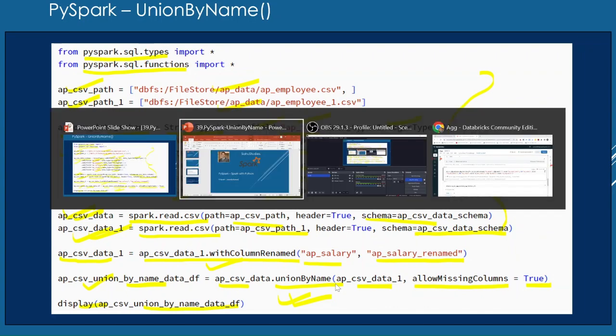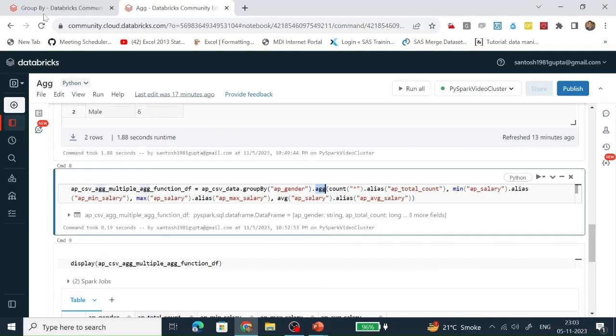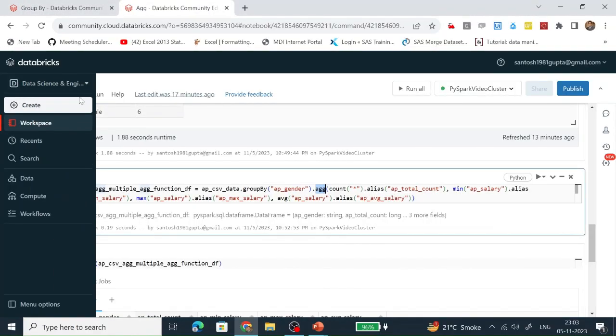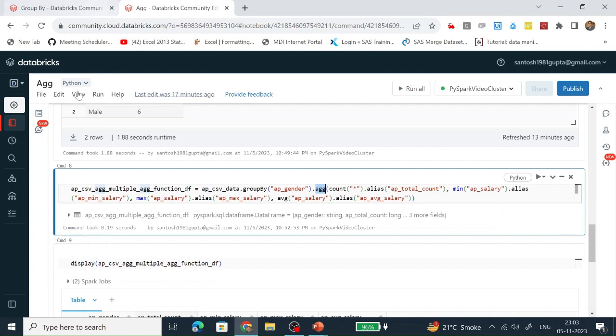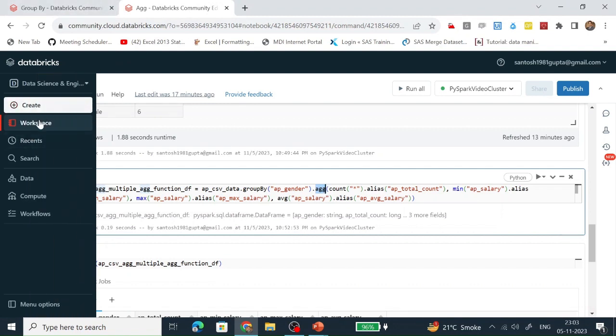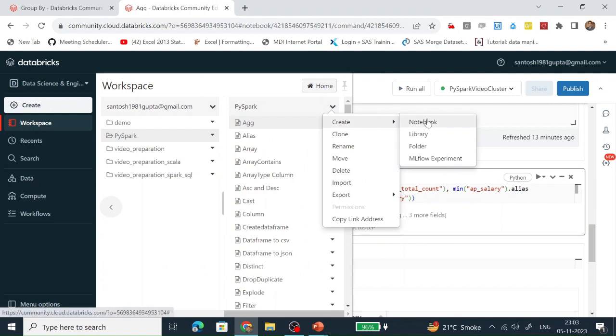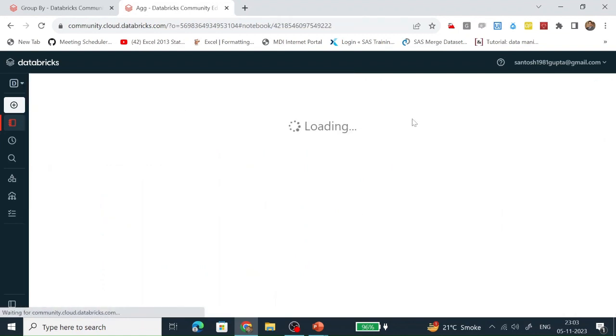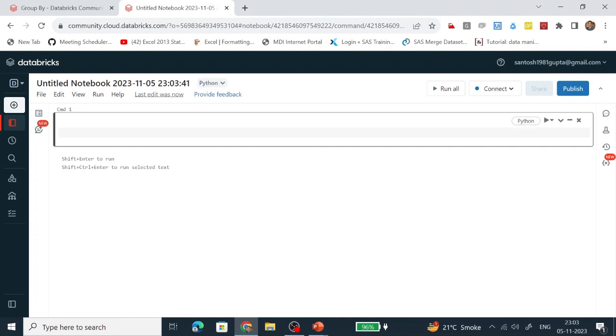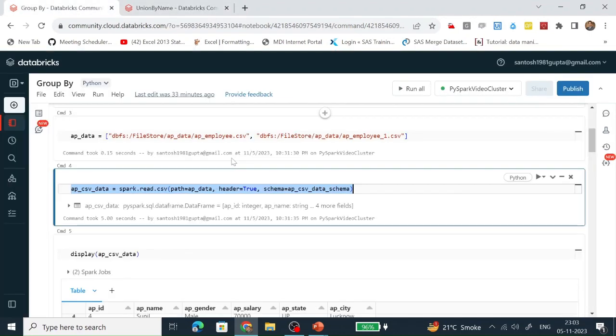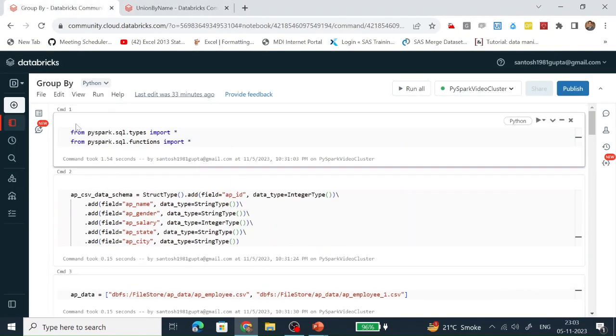Let's go to Databricks. Let's create a notebook and name it unionByName. Now copy the code till we create the data frame by reading the CSV.